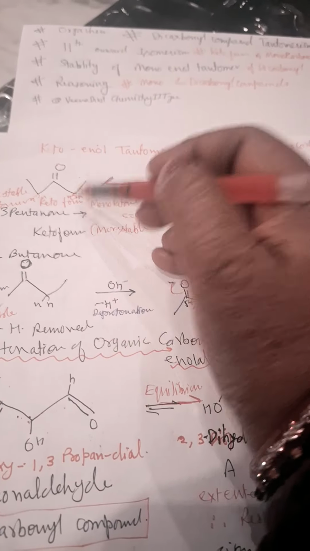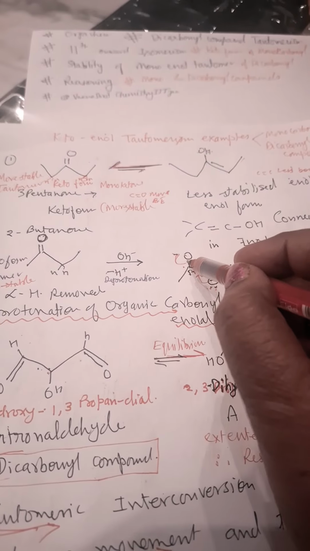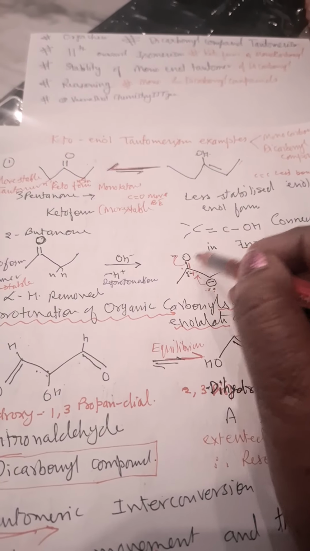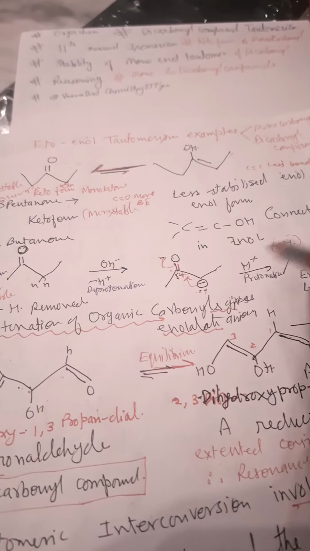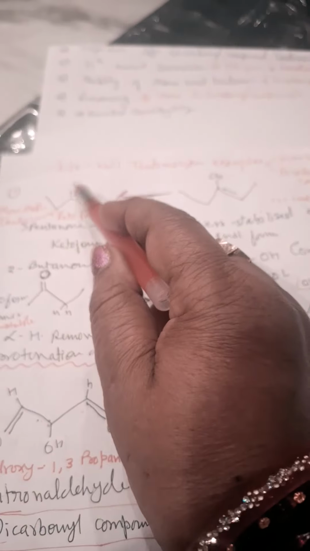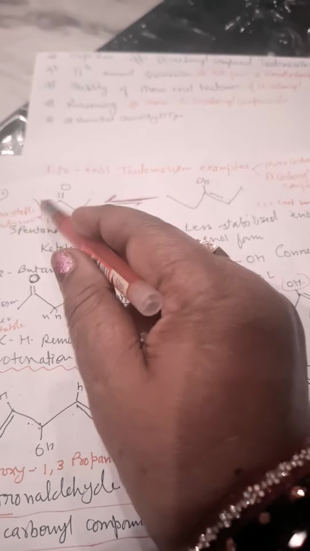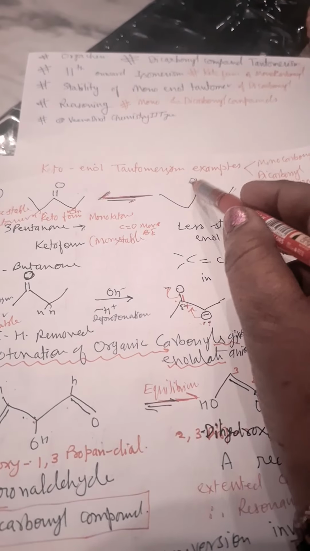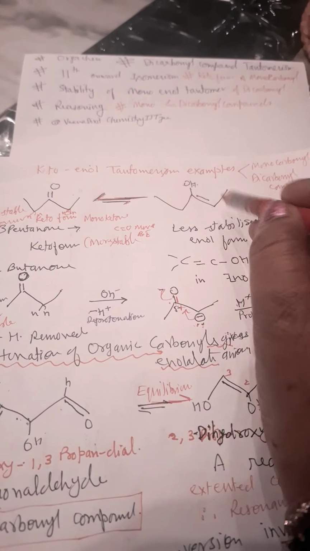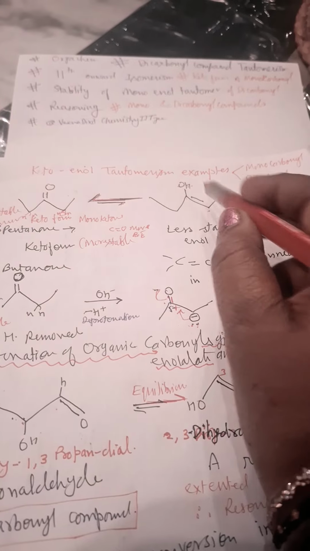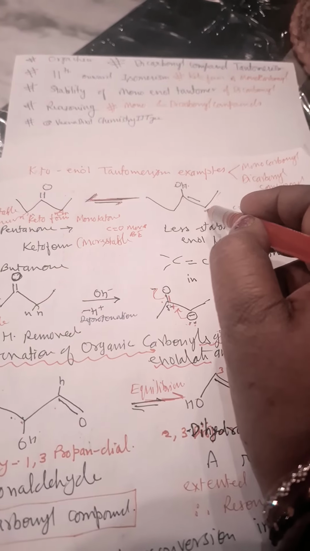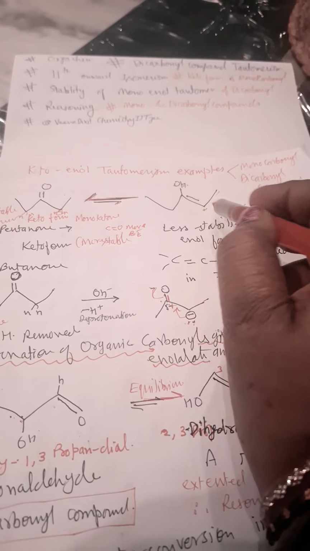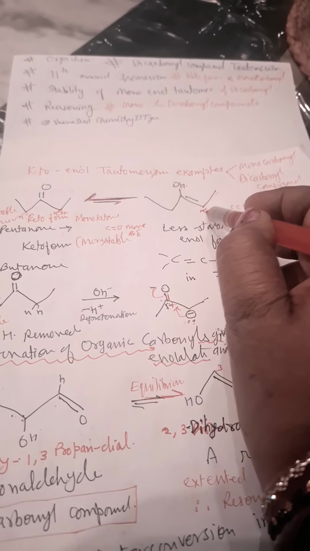Transfer of H+ will take place because deprotonation will occur, and the alpha hydrogen is removed. The carbonyl group oxygen is attracting electrons towards itself, so it gets a negative charge, and at that moment H+ will form OH. So simply you have to draw it, and the position of O will remain the same. Hydrogen shifted from the alpha position to here, and the lone pair of electrons remaining over here forms a double bond. So in this way, this is the alpha carbon.